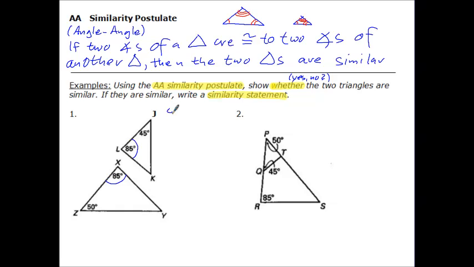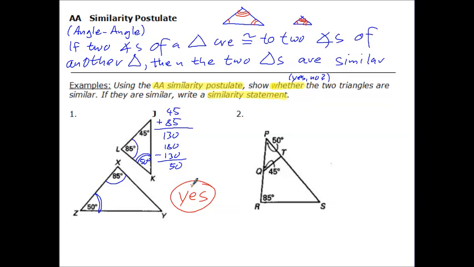JLK has two angles, 45 plus 85, that is 130, and 180 minus 130 is 50. So our third angle has 50 degrees, and we see that 50 degrees is an angle that the triangle XYZ also has. So these two triangles have indeed two pairs of angles that are congruent, and therefore, using the AA similarity postulate, we can say that these two triangles are indeed similar,